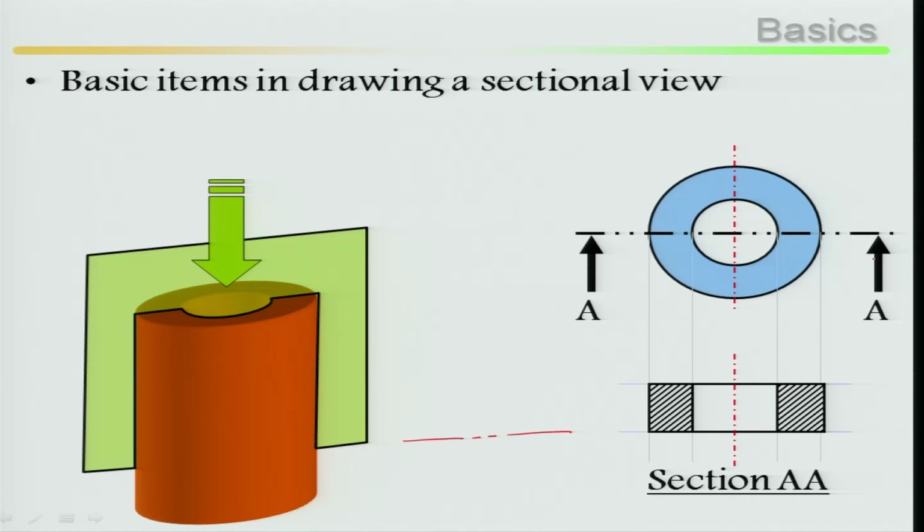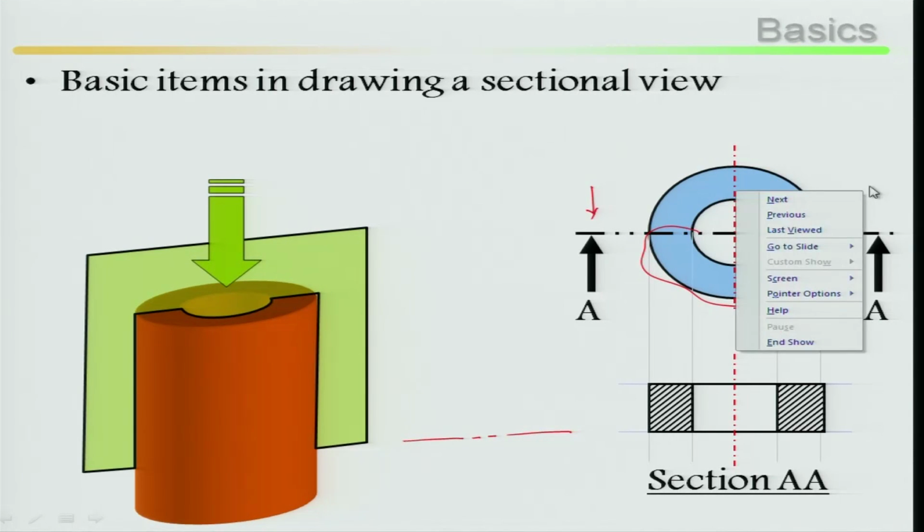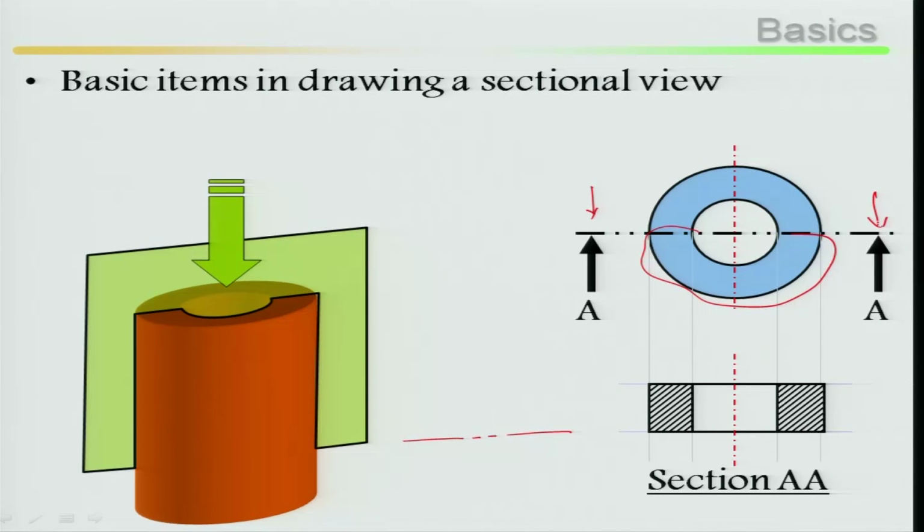That means after sectioning I will take out this part. I cut it longitudinally, then once the sectioning is done, I will take out the part from where I am looking. If I am looking from this side, I will take out that part. Because the arrow is shown at AA and this is your sectional plane, you cut it and take out the front face. Then once you look, you are going to look at this surface